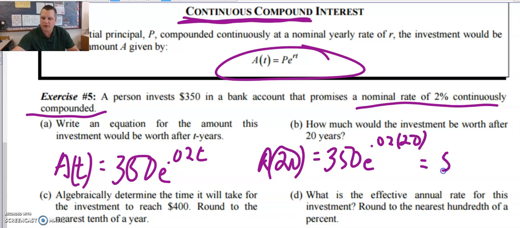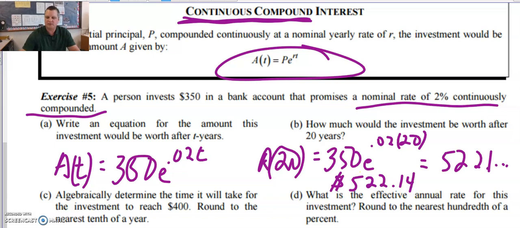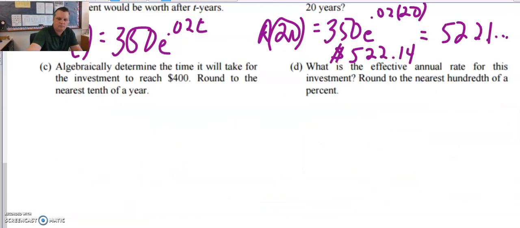And that would give you 522.1, on and on and on. Okay, and that's just putting it in your calculator. So it is, and money goes 2 decimal places, $522.14. Okay. Algebraically determine the time it'll take for the investment to reach $400, rounding to the nearest tenth of a year. So 400 equals